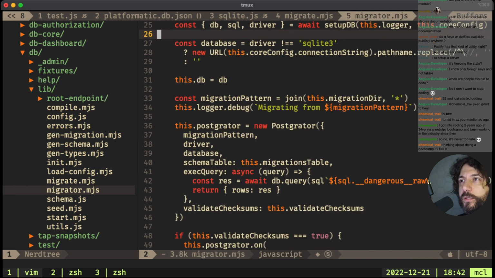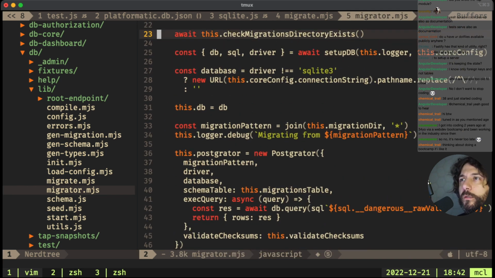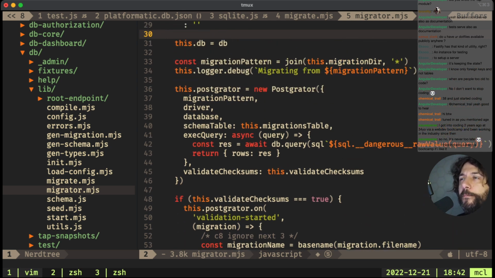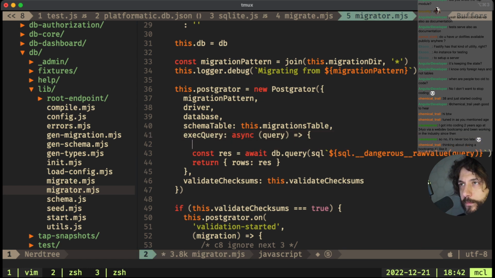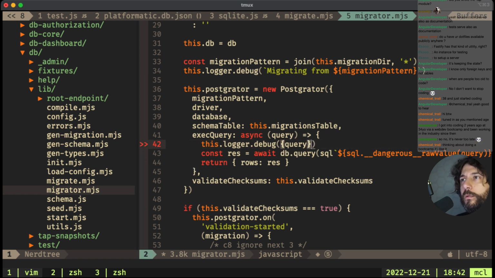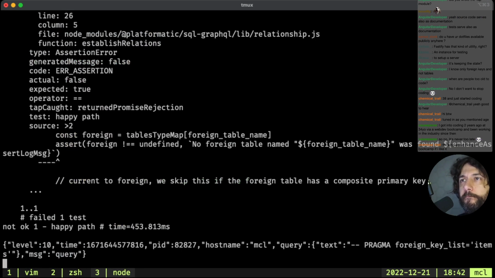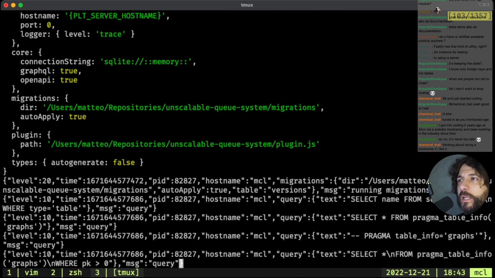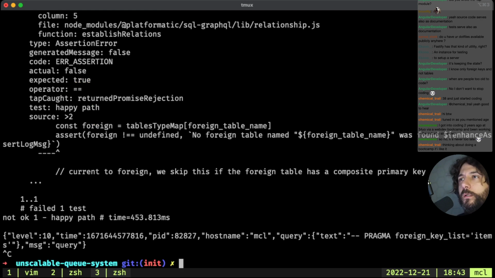Yeah, this is the migrator itself. It's not picking up the migrations correctly for some reason. It says running migrations. Very weird.